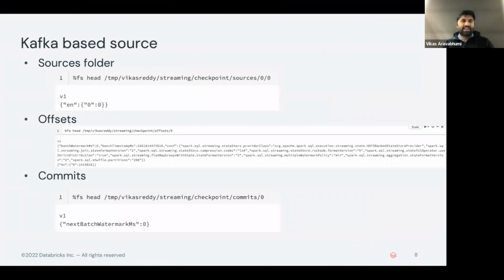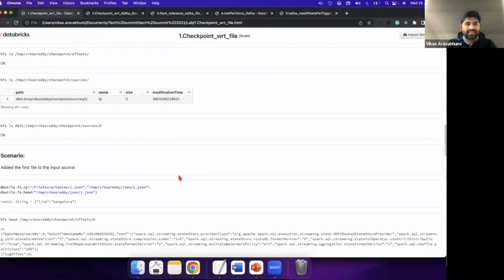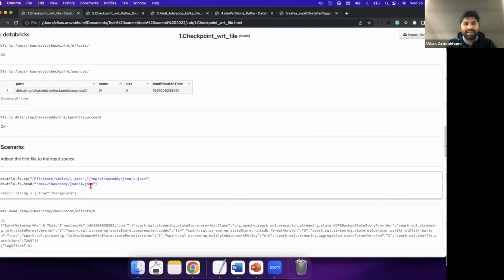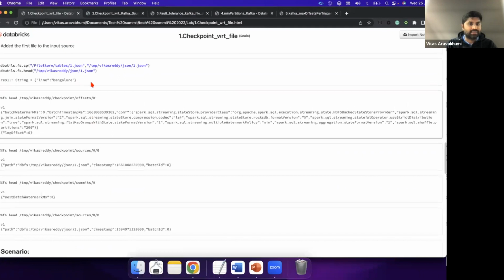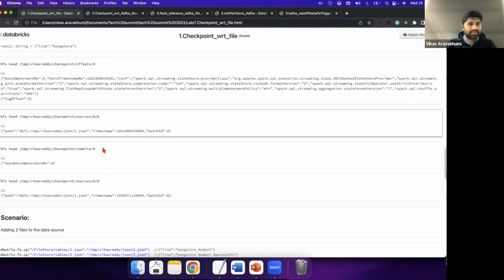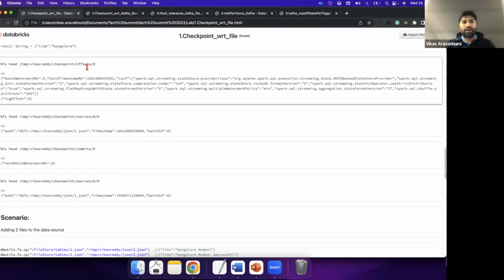Now, let's go with a Kafka-based source. In case of file-based, we saw that there is information on file names, right? There is a file list. Under sources, we can see the name of the file, one.json. Inside the offset /0, we have a pointer, log offset :0, and the actual file name will be part of